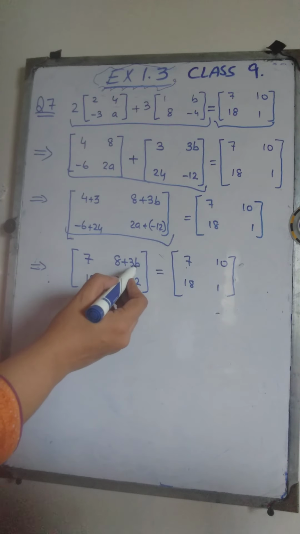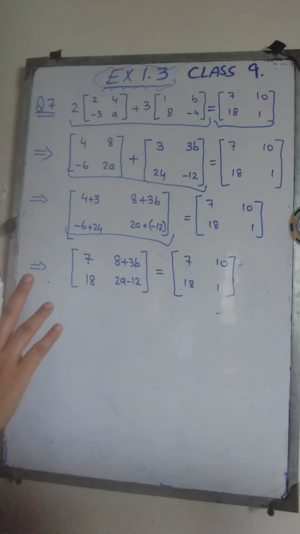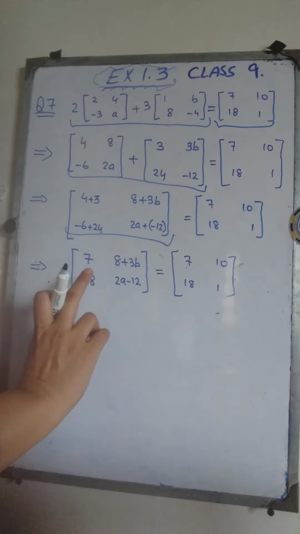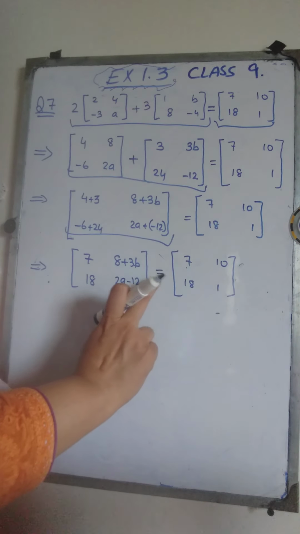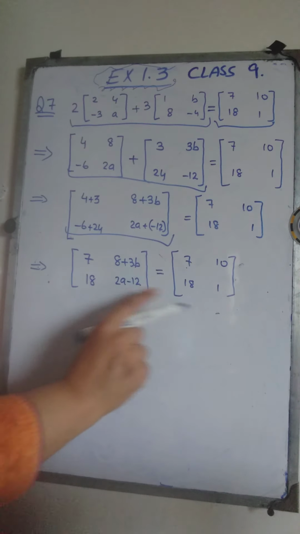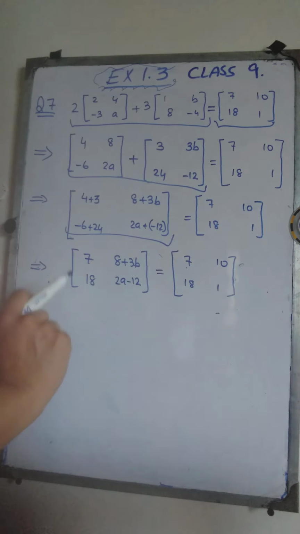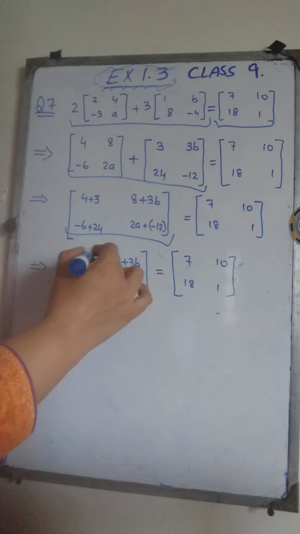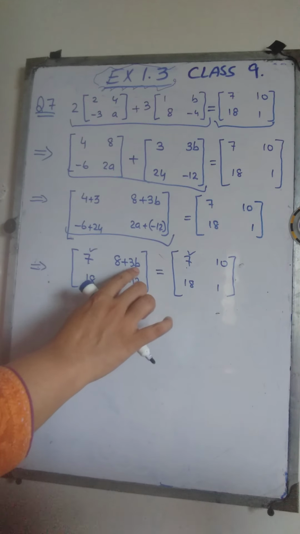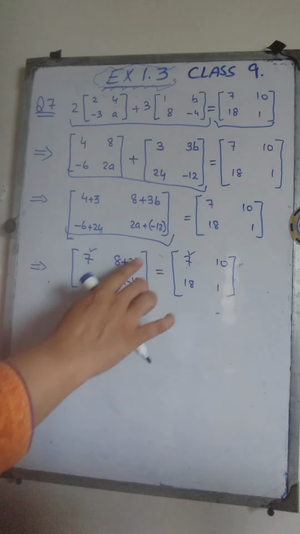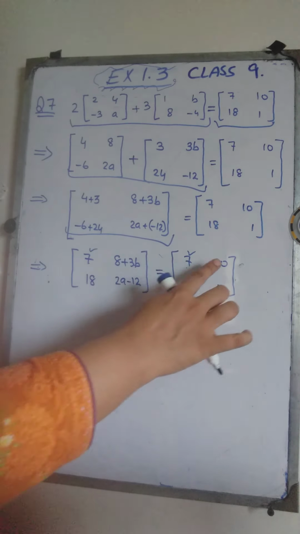Now here we have 8 plus 3b, is an unknown number. Okay, b is an unknown number, but we know that this element should be equal to 10 if we have the equality of two matrices. These two matrices will be equal only when each and every element is equal. It means the first is obviously visible, equal to this, okay. Second, we also know that when we put the value of b in this and calculate, this expression must come out to be equal to 10.